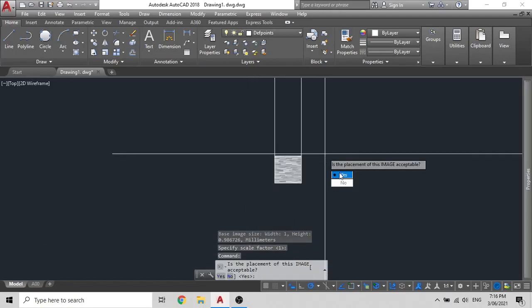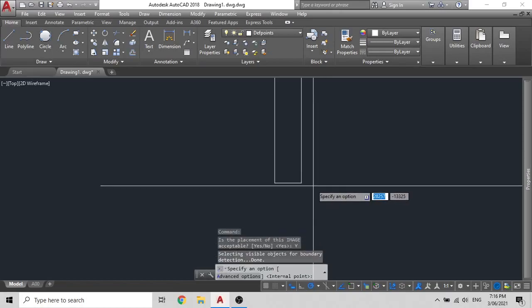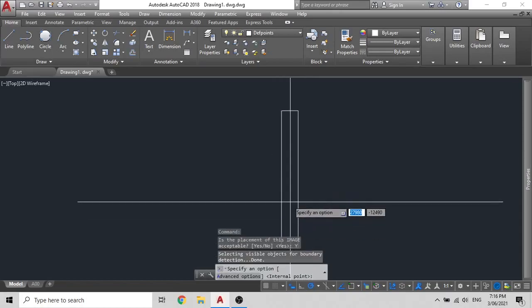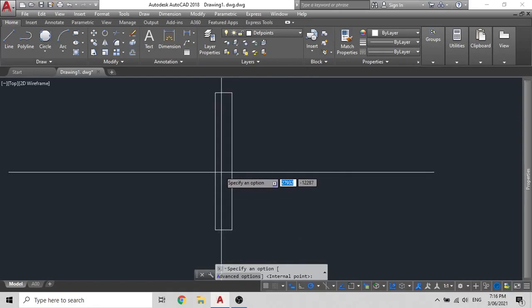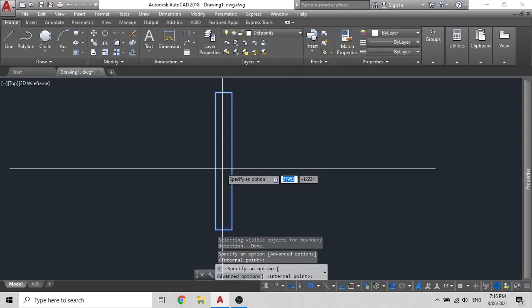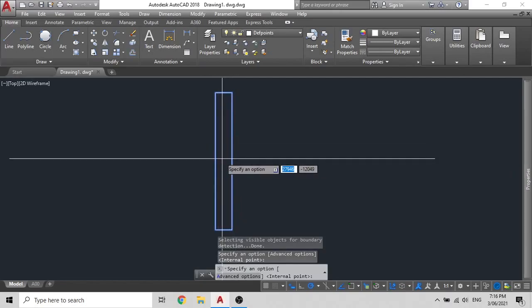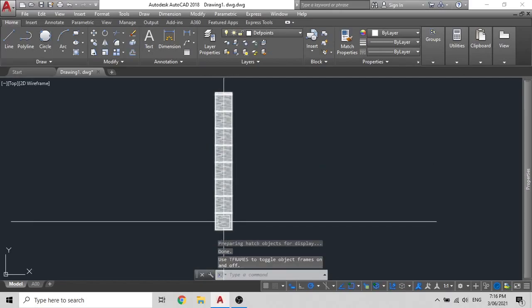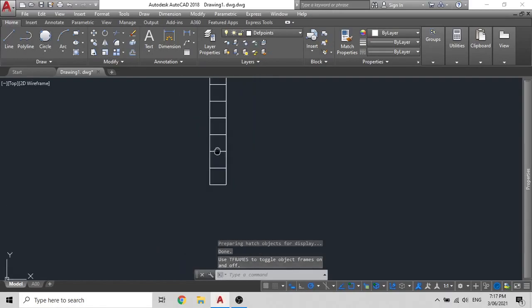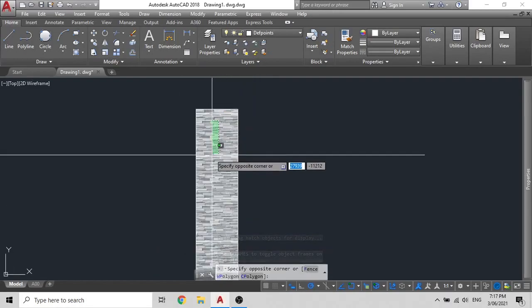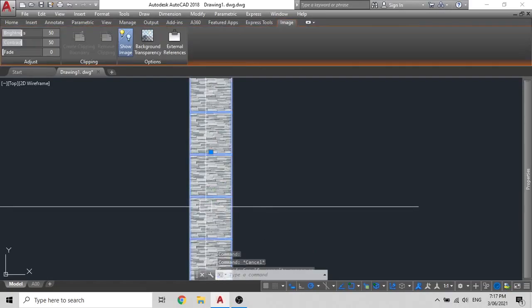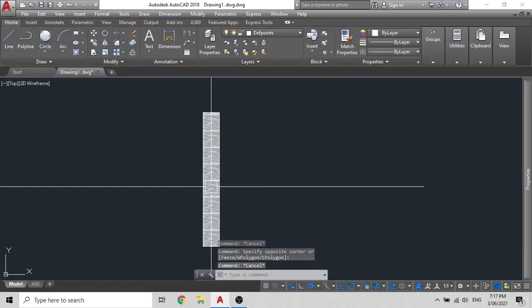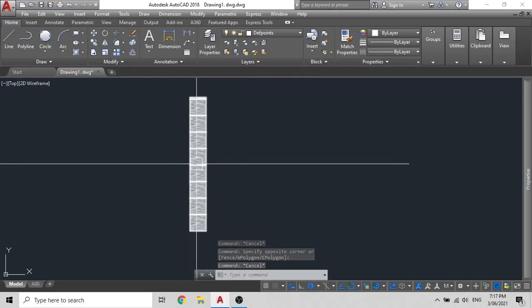Now, if you are happy with that placement, you can click on yes, or you can type yes, Y, and it will ask you how many hatches you wish to create. So if you wish to create hatches for this entire column, what you can do is just press inside. It will highlight the inside, and if that's okay, press enter, and it brings in that nice super hatch, as you can see there. So you don't have to waste your time with materials, and you don't have to edit the properties or anything. This can be a really life-saving shortcut.